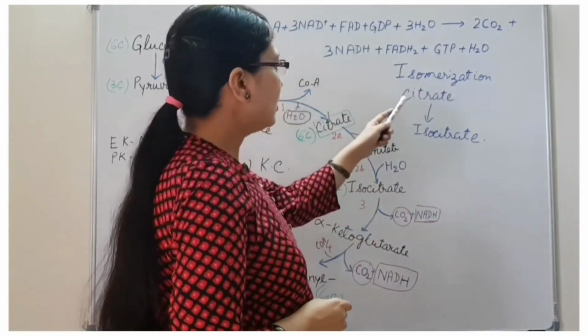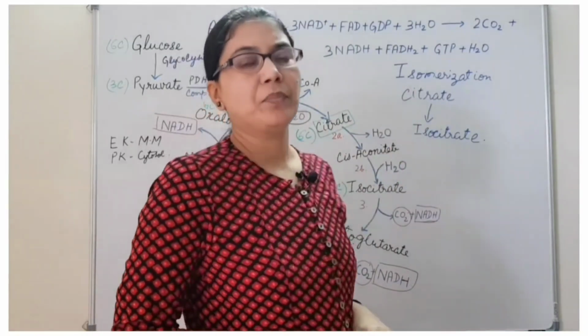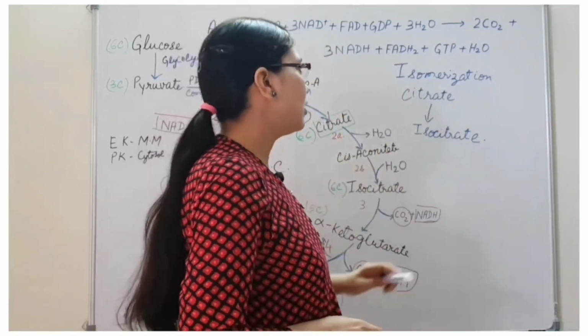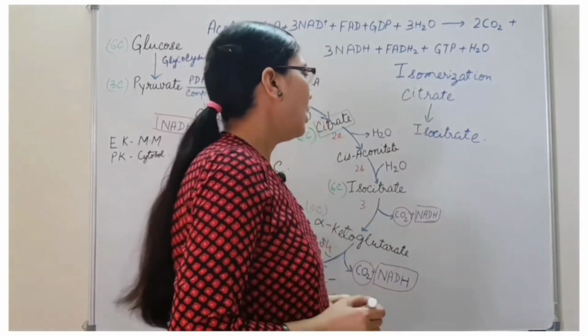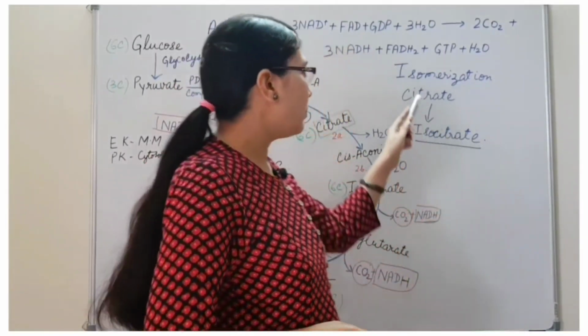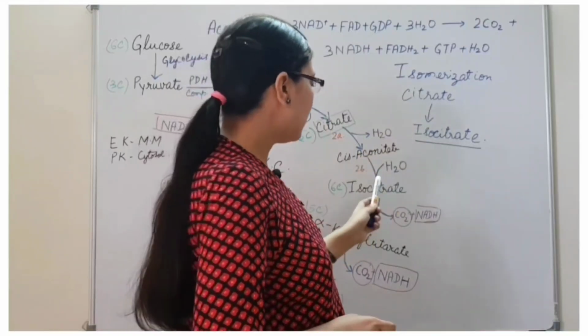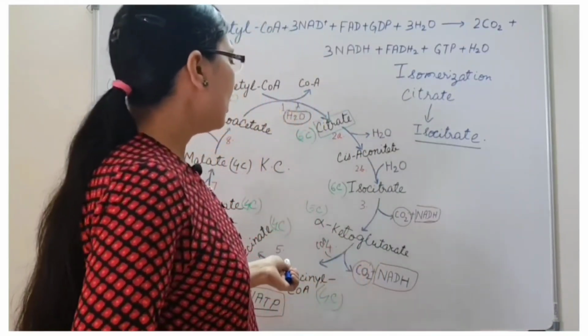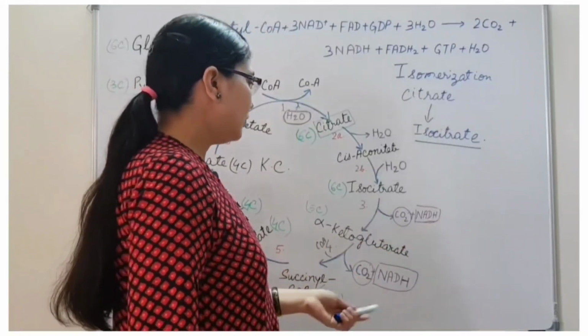Here, both the citrate and isocitrate have the same chemical composition, only the molecular arrangement is changed. This isomerization takes place because compared to the citrate, isocitrate is more suitable for the further few reactions of oxidative